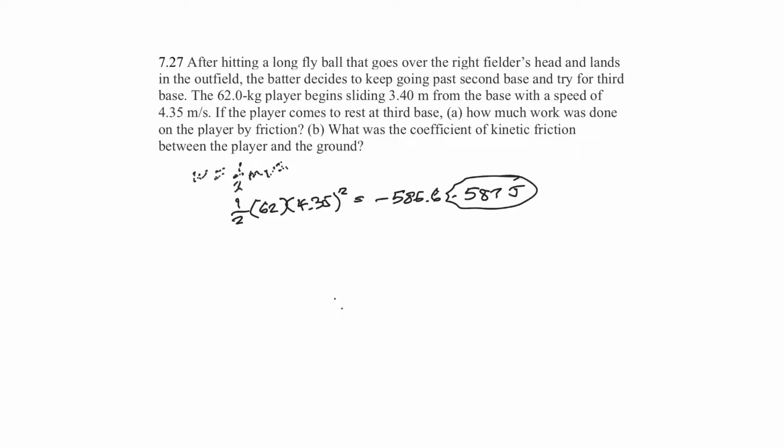B. What is the coefficient of kinetic friction between the player and the ground? Well, we know also that work equals force times distance, and we're given the distance. So the distance is 3.4 meters. And so we know the work. This is negative 587 joules